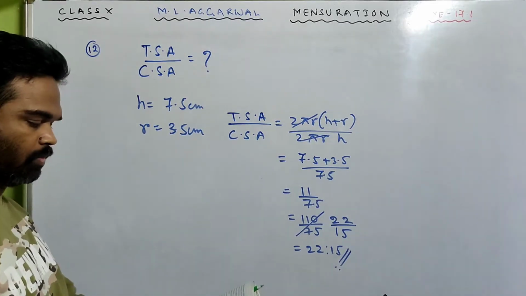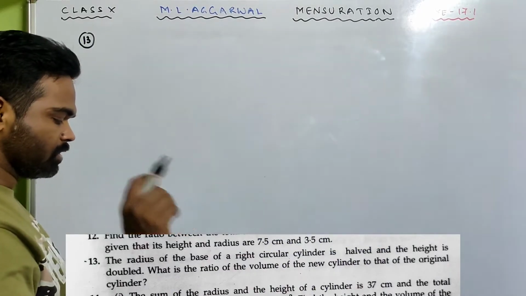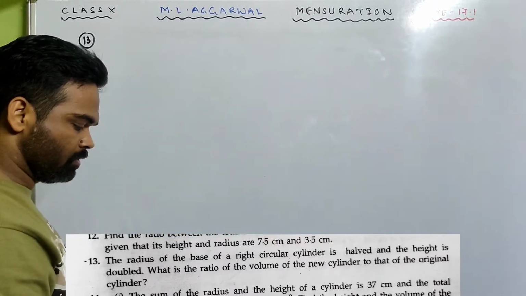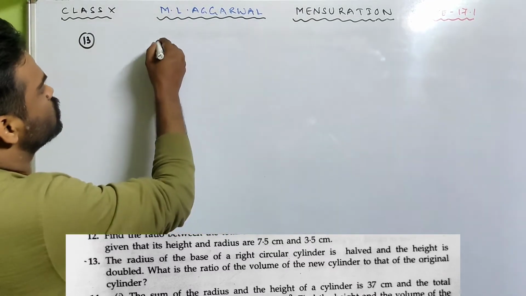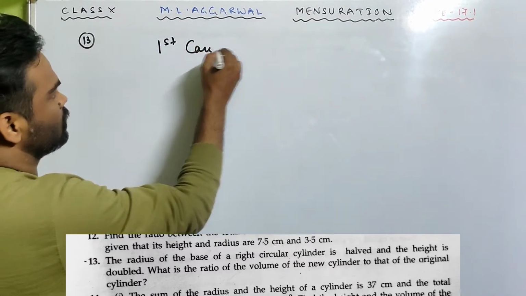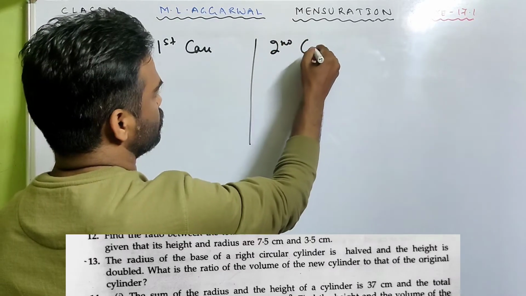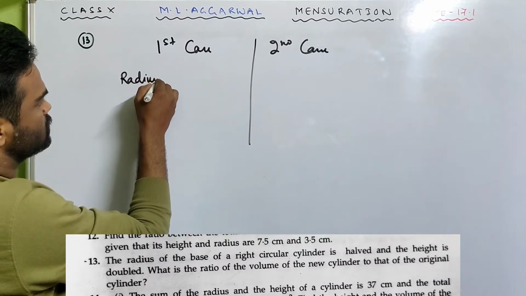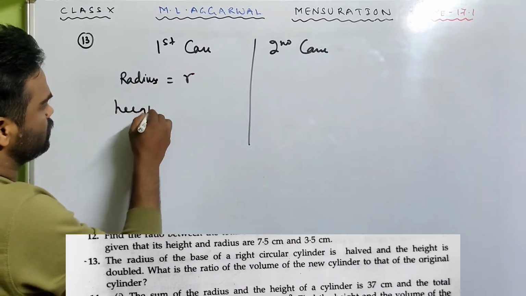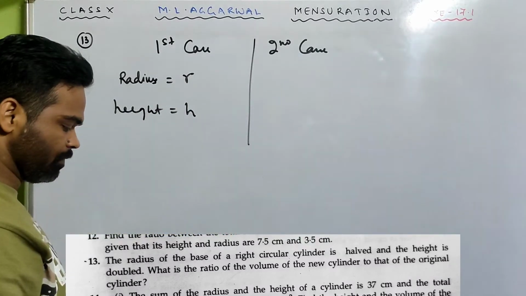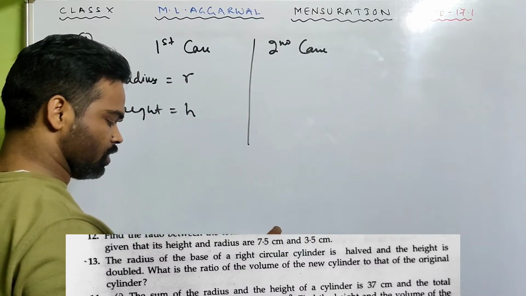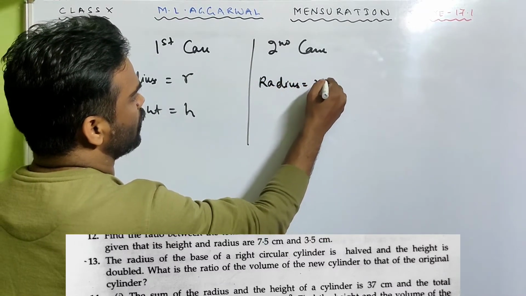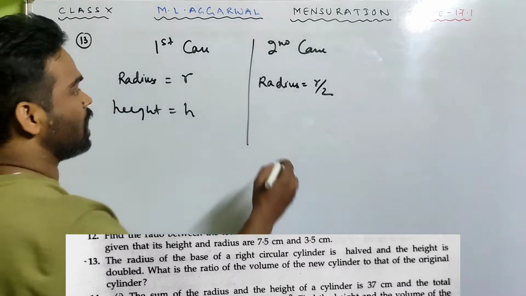Very easy. You just need to know the formula for TSA and CSA. Chalo. We'll do number 13 now. Look at number 13. The radius of the base of a right circular cylinder is halved and the height is doubled. So there are two cases. Try to understand. Two cases are there. Suppose in the first case, the radius is r and the height is h. So what we are doing? See, the radius of the base of a right circular cylinder is halved. So over here in the second case, the radius is r by 2 and the height is doubled,